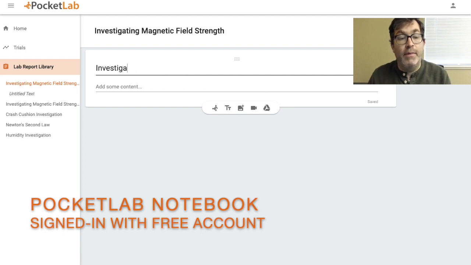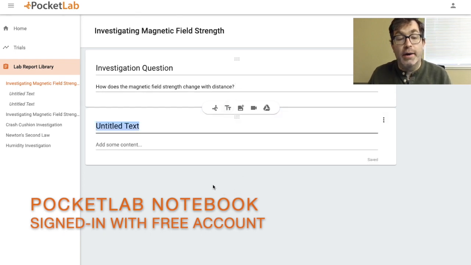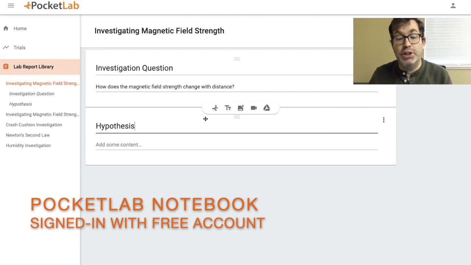So I might add an investigation question. Maybe I would add a hypothesis that predicts that question, and then maybe a procedure. Then I can actually go ahead and add PocketLab data by clicking this